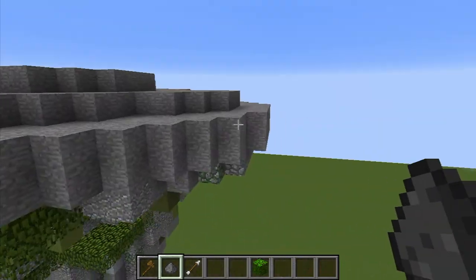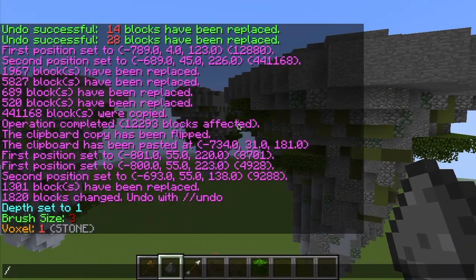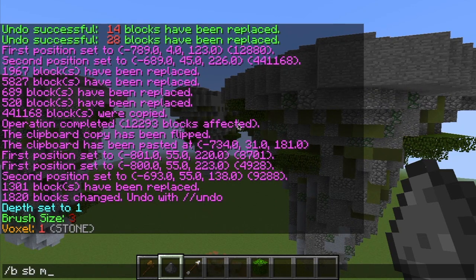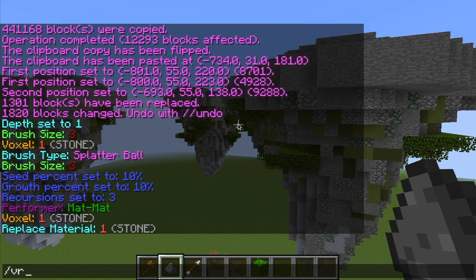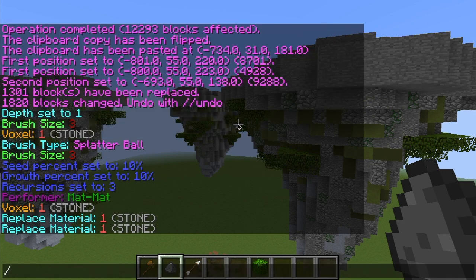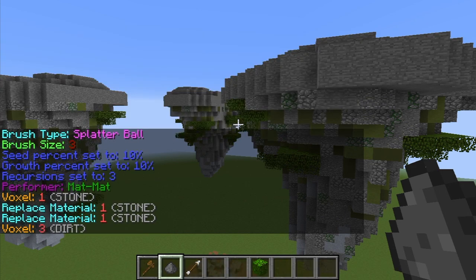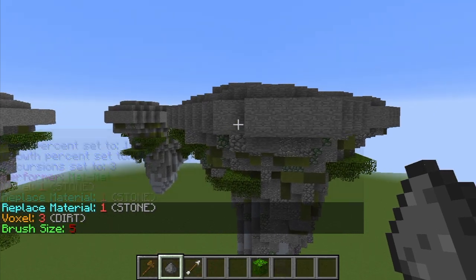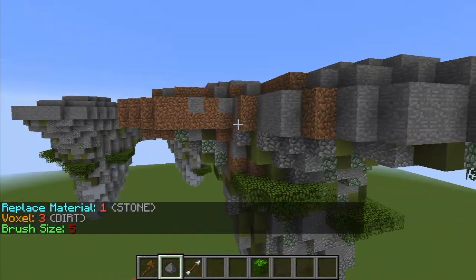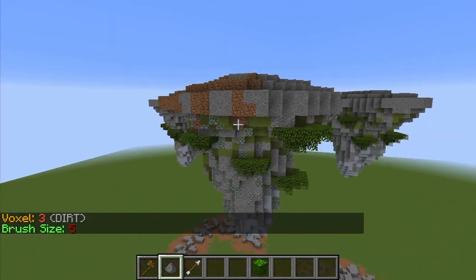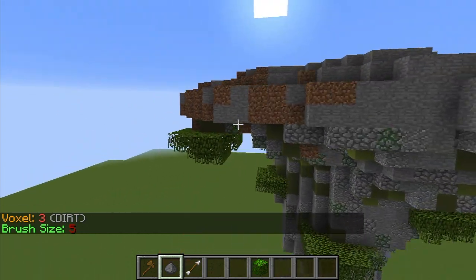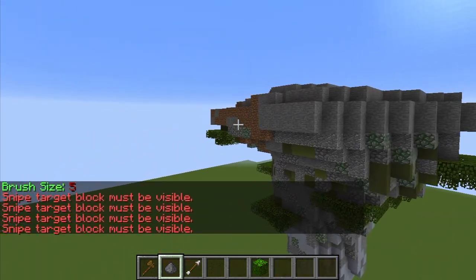And I like the way this looks. Now we are going to do /B space SBMM once again with a voxel replace for stone, and /V, what are we doing? Dirt. Brush size of 5, and we're going to spam across the edge here. And we do want this to be very thick and very heavy,